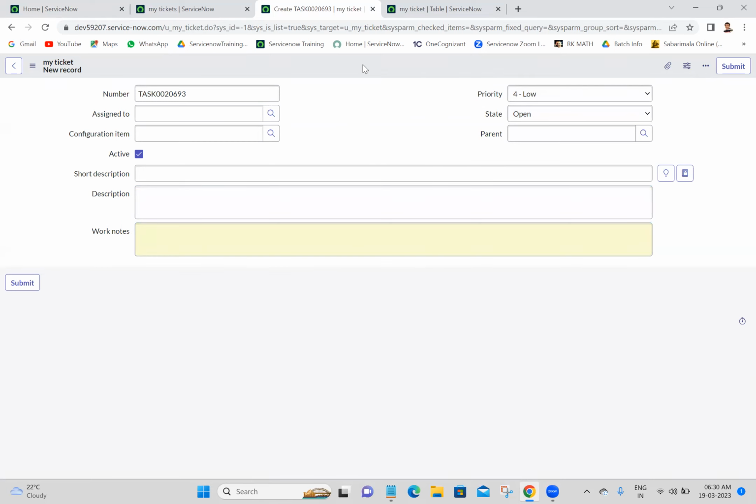So if you want to configure the form, yes, you can go to configure form later and you can configure whatever fields from the task table you want. Okay. Yes. Next